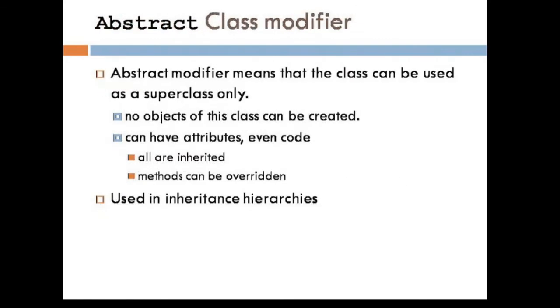For example, when I was talking about the person class in the bank scenario, that person class can be made an abstract class. Why? Because the person class directly does not need to be instantiated. We do not need any objects of type person directly, but we are just gathering the information that is common to all the objects and keeping it inside the person class. And when we are making the objects, those classes are derived from the person class, but the person class directly has no use for instantiation.